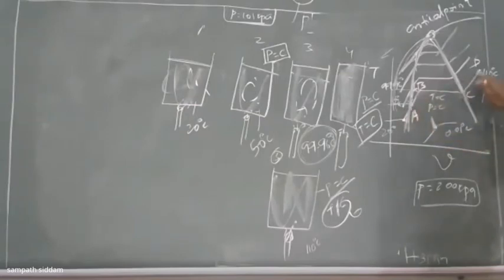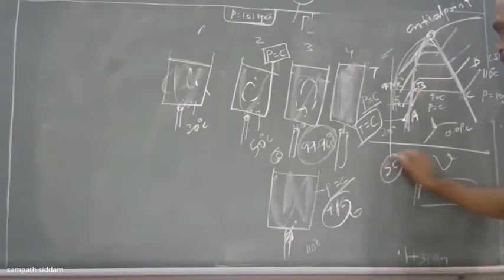And this is point D where it is superheated. This point we say is superheated, because after the vapor conversion also we are continuously heating, so reaching the superheated region. Okay. So there will be three regions. One we call subcooled, another one is two-phase, another one is superheated. So where is the region which we say is supercooled, where is the region which is two-phase, and where is the region which is superheated?